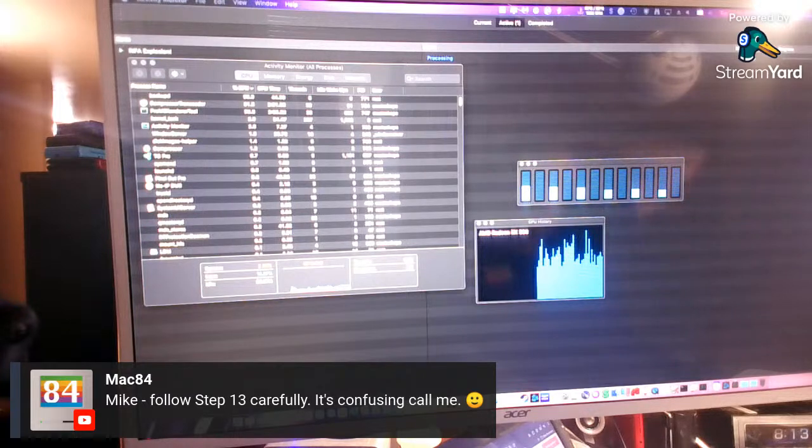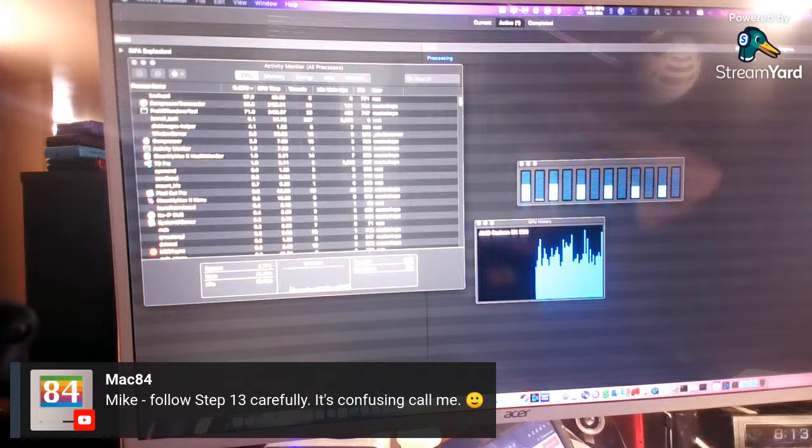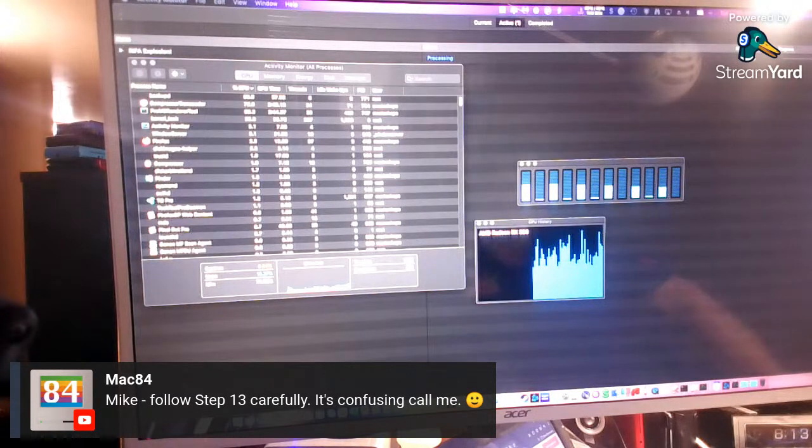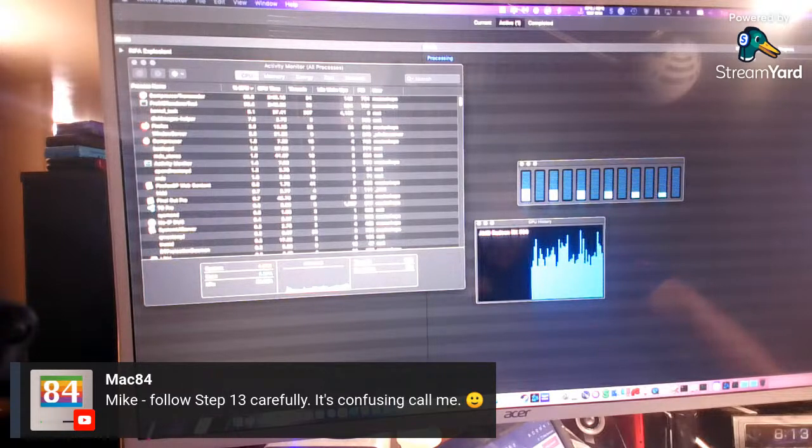Well, luckily I don't have Office 365. I have Office 19, so it doesn't really matter. I don't have to worry about updates. Yeah, I can still update, but